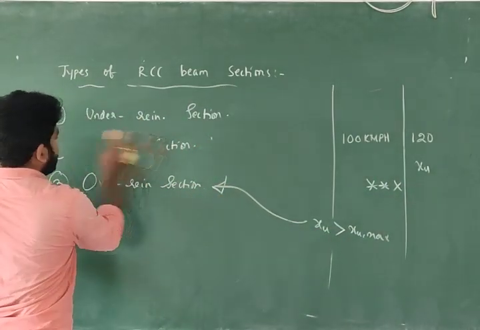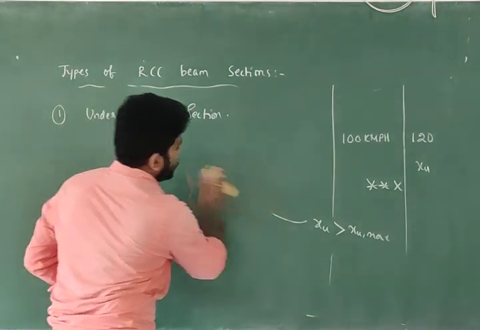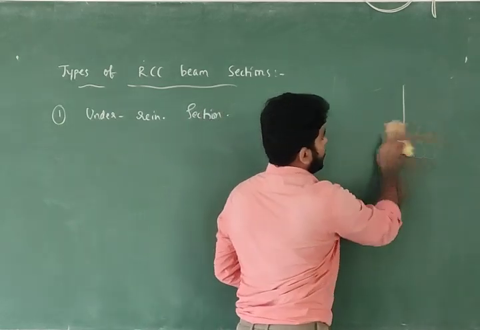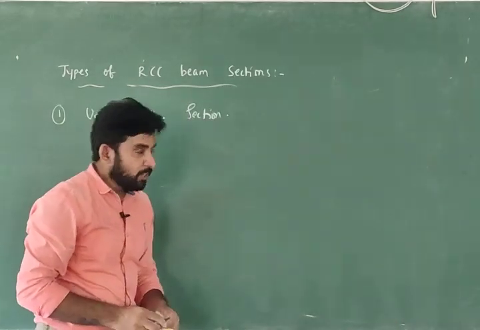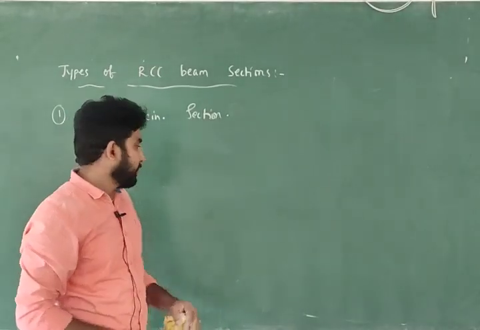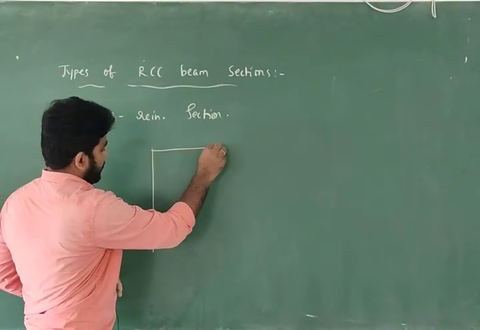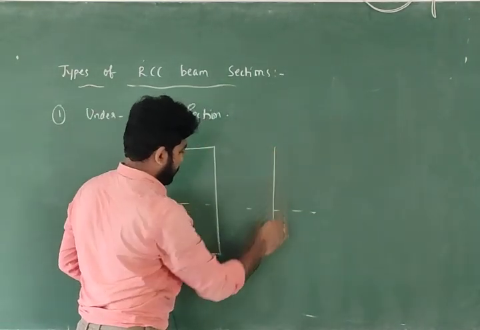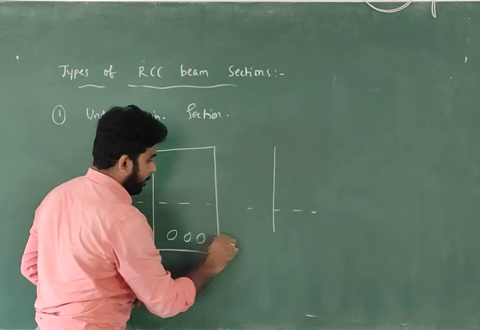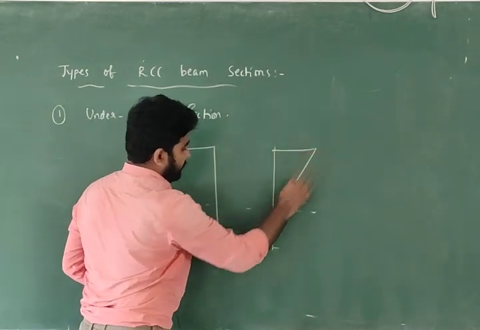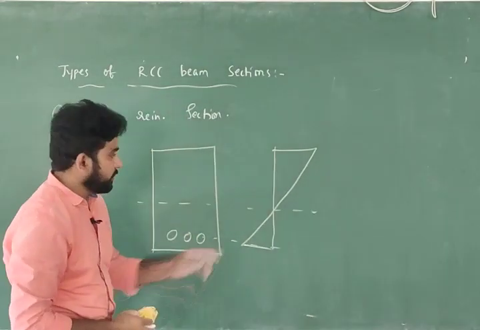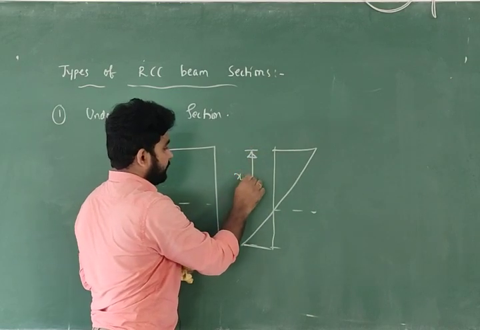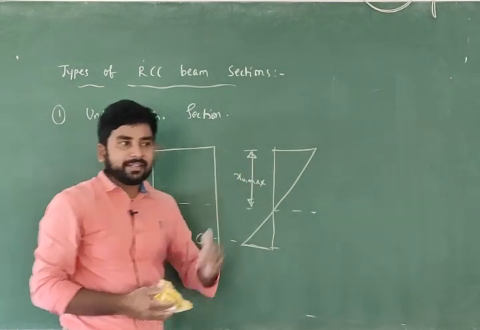Okay. Now I am going with a technical derivation of how this will happen under reinforced section, balanced section, or over reinforced section. So under reinforced section, once again I will apply this cross section. This is the tension steel. So now what happens is, this is my maximum depth of neutral axis, that is XU maximum. Under reinforced